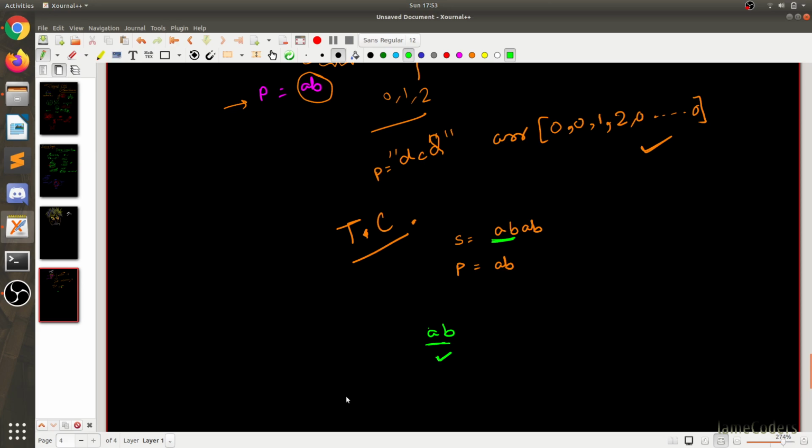So we append the 0th index inside the result array. Now next we have BA. When we move to the next index, from the first index we went to the second index.